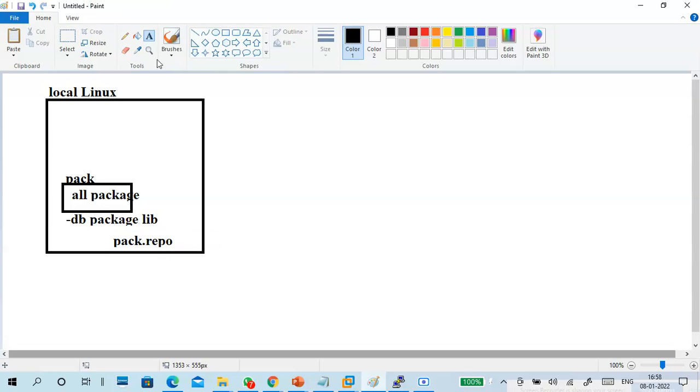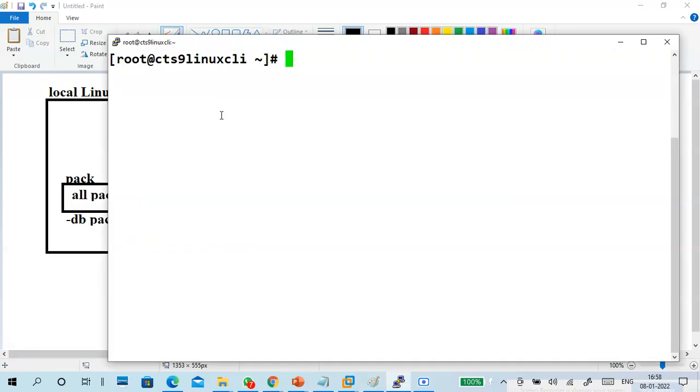This is the repository file. So what is this? Repository file, which is located in your PC only. So I will show you that one.